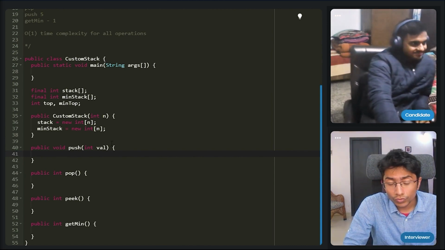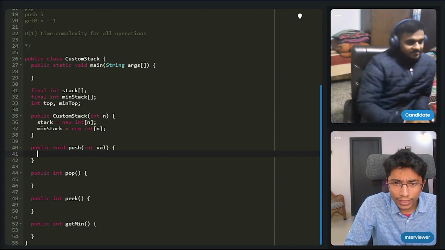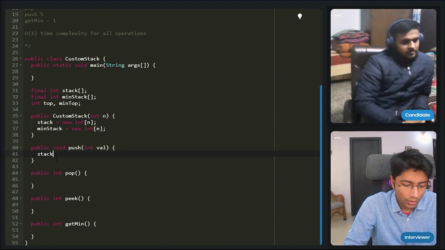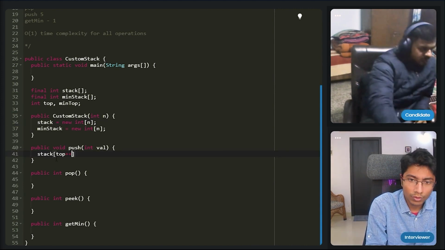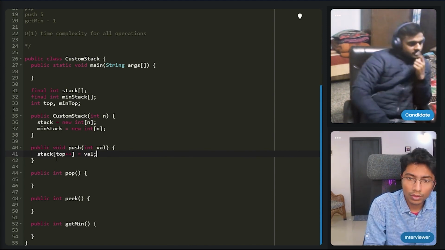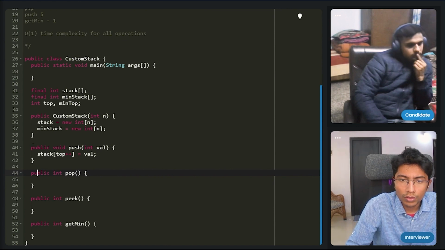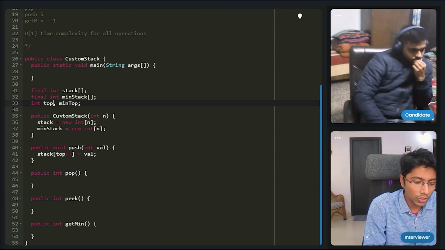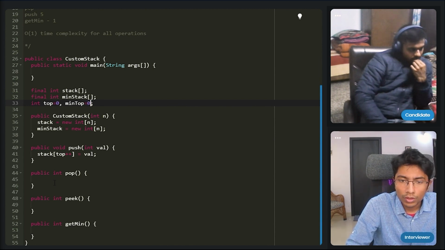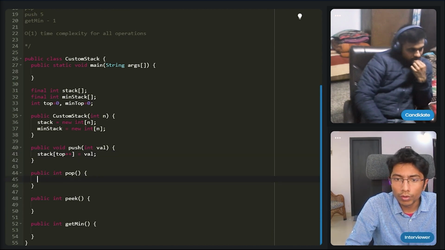So when I'm pushing to a stack, I actually say stack. And top is initially 0, and min top is also equal to 0. Whenever I'm pushing, what happens to the minimum stack? We'll have a look at that.